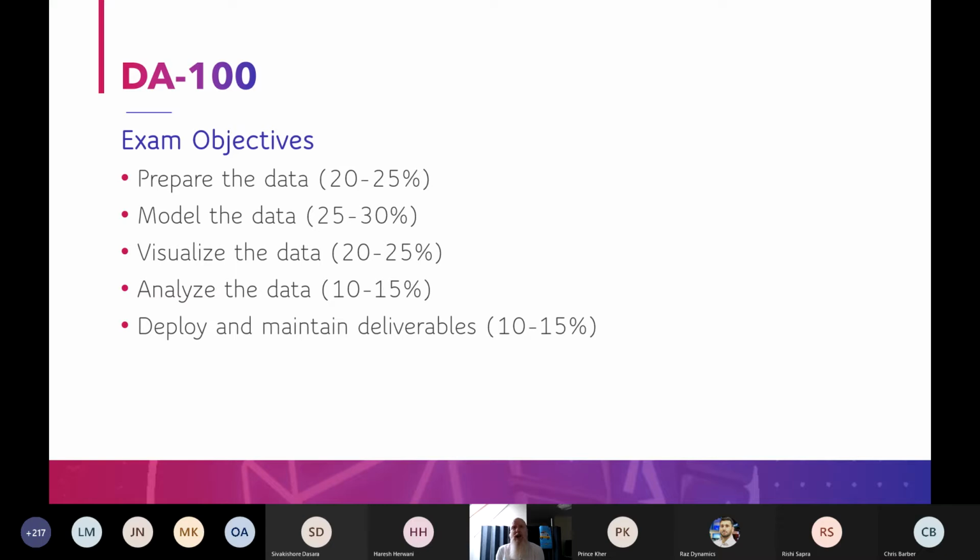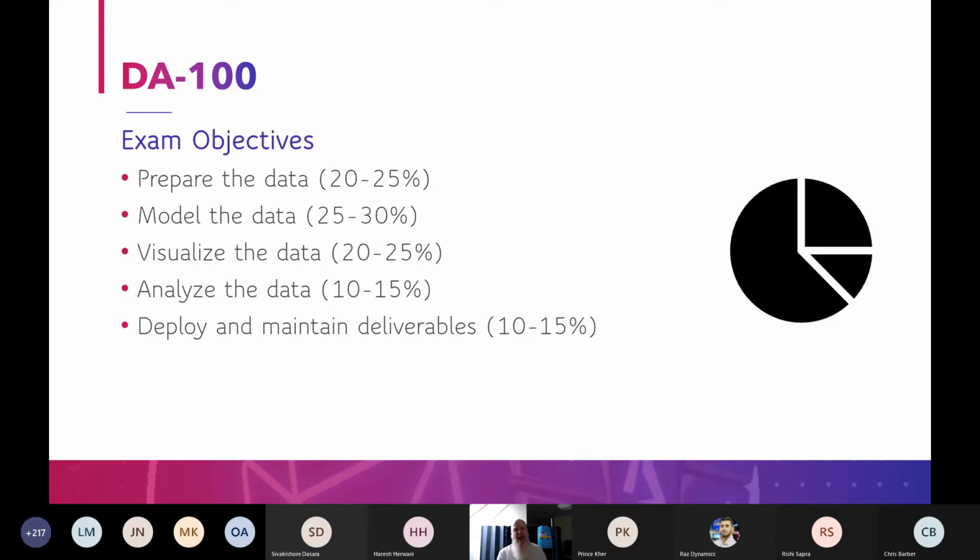So what we're going to do is have a look at these 5 objectives, break them down, and you get a rough idea of the sort of ratio of questions. Model the data is the biggest one there. Prepare and visualize are about the same. Then analyze, which is the AI bits and doing some other predictions, and deployment is a bit smaller, but they're